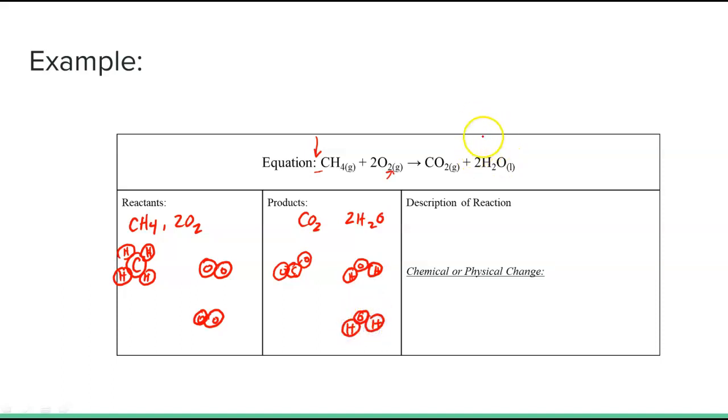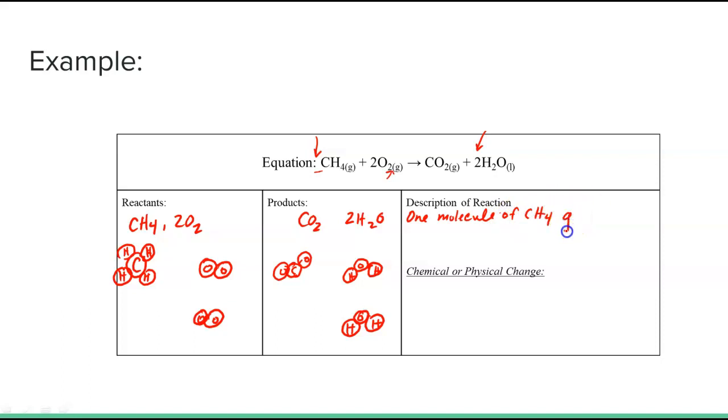How do I know that I have 2 sets? Is because of this. So my description would be 1 molecule or compound of